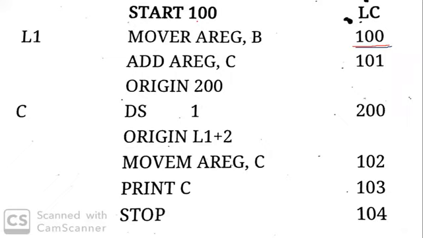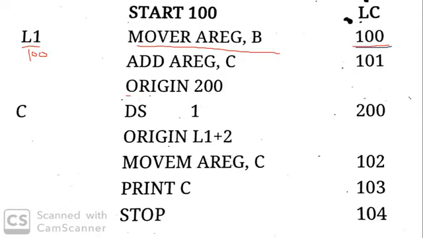This directive also tells the starting location of your instruction in the machine language. Here L1 is a label, and this label does not require additional declaration. It can assign the address at which location the location counter is used on this particular instruction, and the instruction address will be given as 100. So the location counter address should be considered as 100. This address value should be represented in the assembly instruction as 100. Now, in the next case, ADD A REGISTER C is the next instruction. It is stored at the location 100.